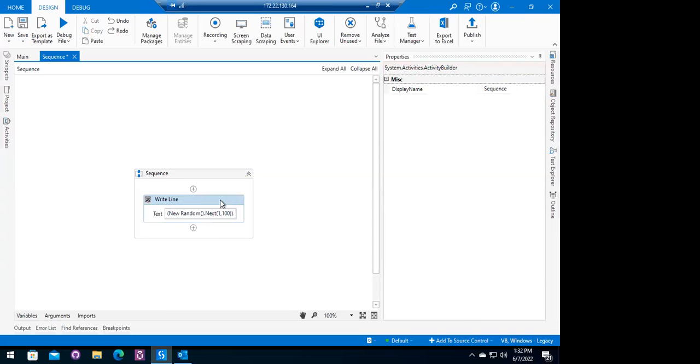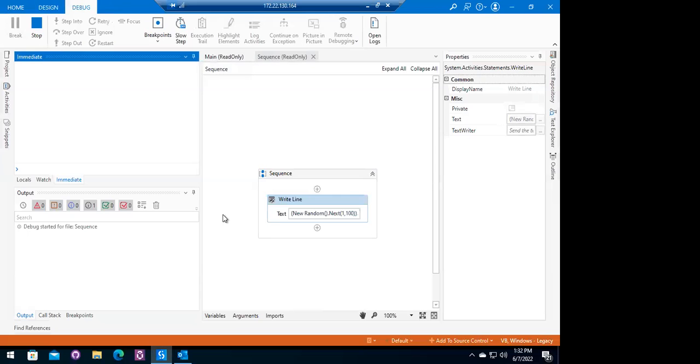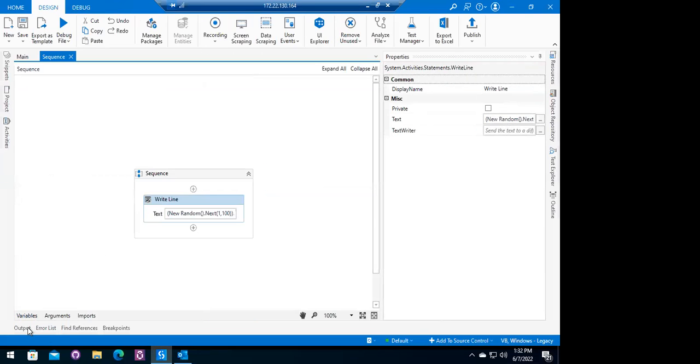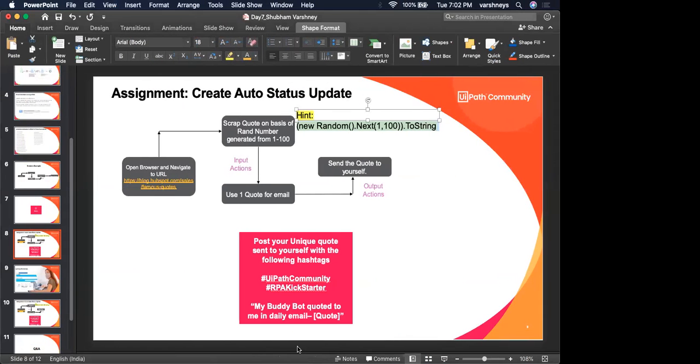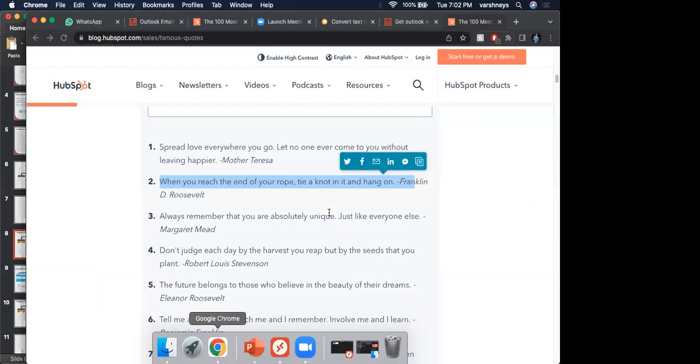So what will happen in this particular scenario is the bot will automatically pick a number between 1 to 100 only. On the basis of the number that has been picked, you need to scrape that particular code. Right now, I picked the 16th number, so I'll go to the 16th code